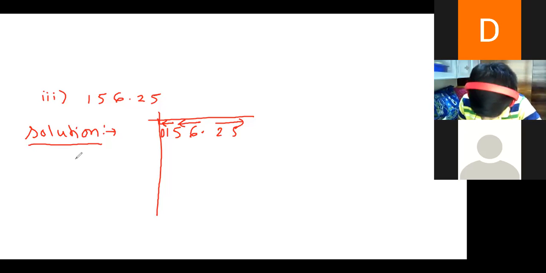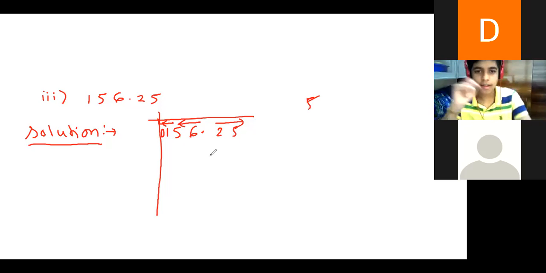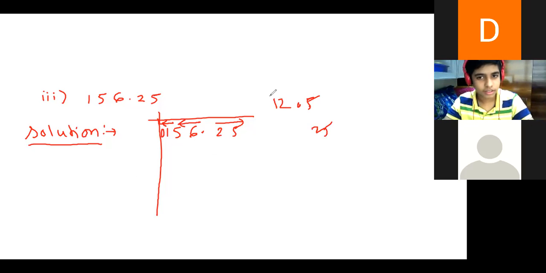See, Ashmit, Arnav, Sudhanshu, look at a shortcut. Since it is 25, the unit place will have 5, guaranteed. This is 13 into 12, do you know that shortcut? Nearest is 12, 12 are 1. So I have told you the shortcut. 5 is 25, 12 into the next number 13 is 156. Such a shortcut.